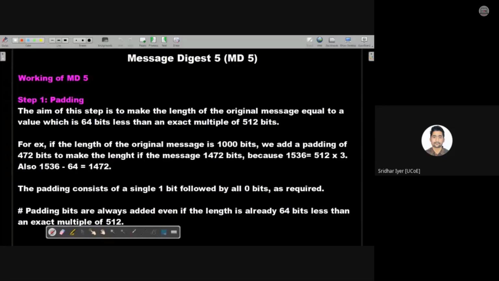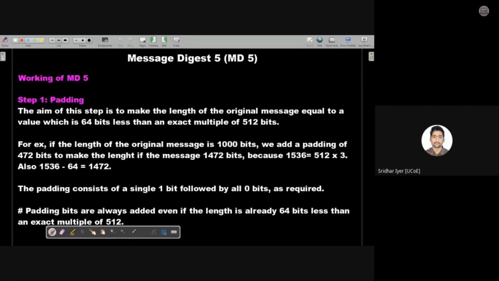Now we are going to start with the working of MD5. How it came, why it came, we will see everything one by one. First step is padding. Now you know that it is quite possible that the plain text may not be an exact multiple of 512. Yes or no? Obviously there are multiple reasons. In the case of the last block, it need not be an exact multiple of 512. So we know we need to add some padding. We have done this many times previously also: if we are running short of bits, to make it an exact multiple, we add some padding bits. Yes or no? We have done that in the past also.